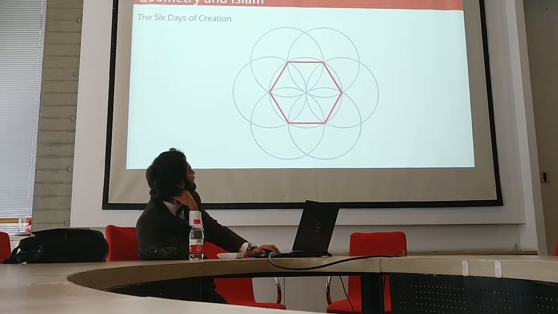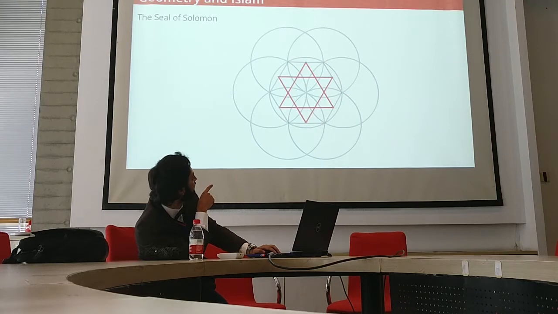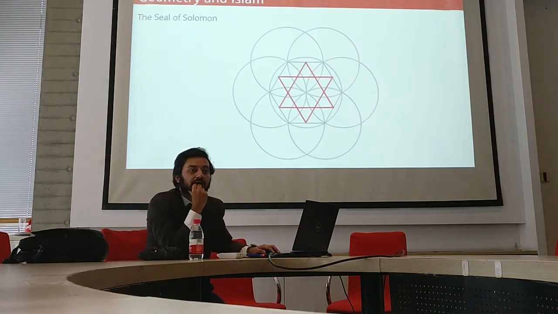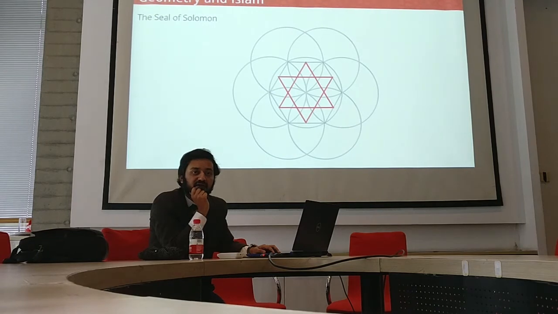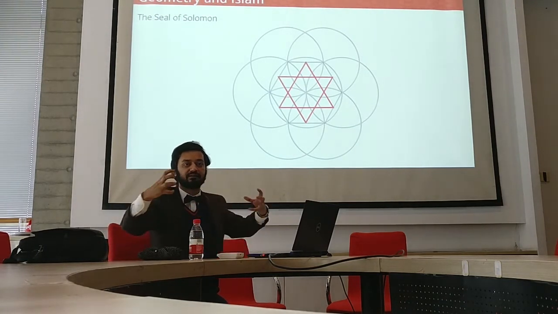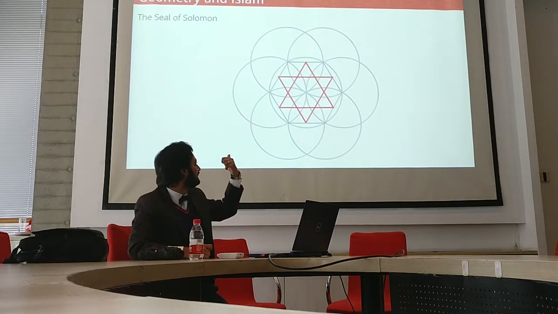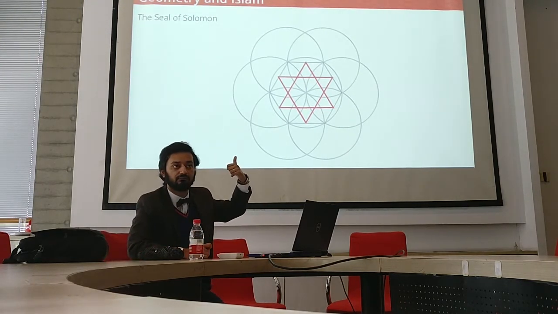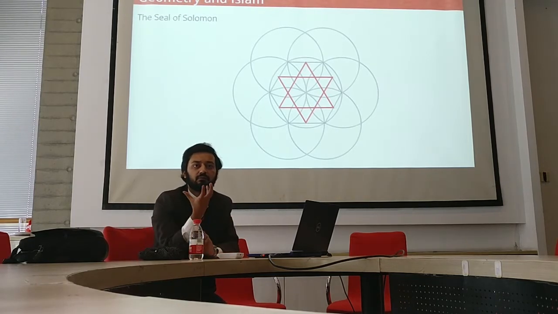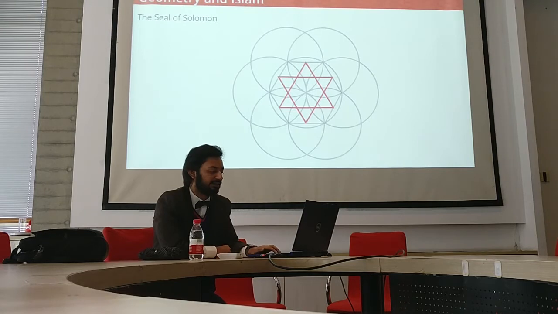And by intersecting that hexagon with the points, with the floral pattern beneath, and creating 2 triangles, you get the seal of Solomon, another, I would say, very significant symbol for the Muslim faith. So they start from a point, and then they create circles, and then they create these geometrical patterns. You can see this shape pretty much everywhere in Islamic architecture throughout time. This is a very common geometrical pattern. And then you